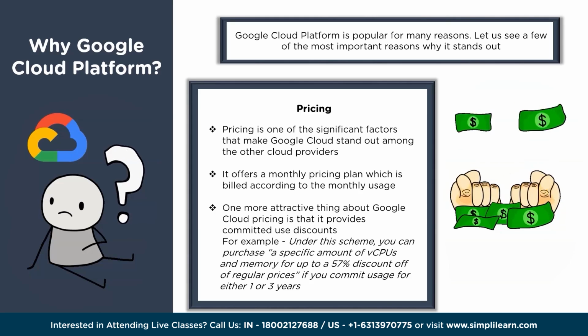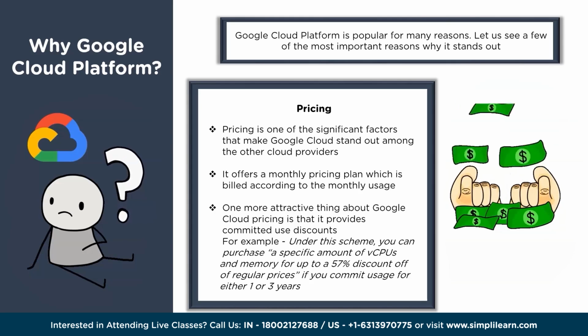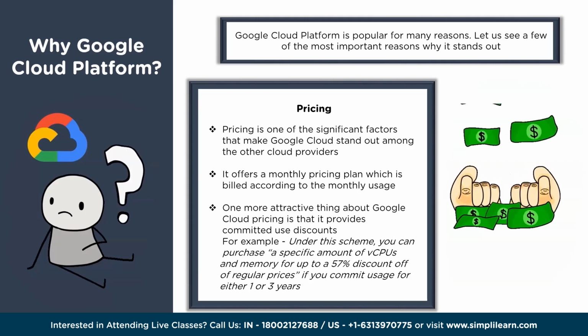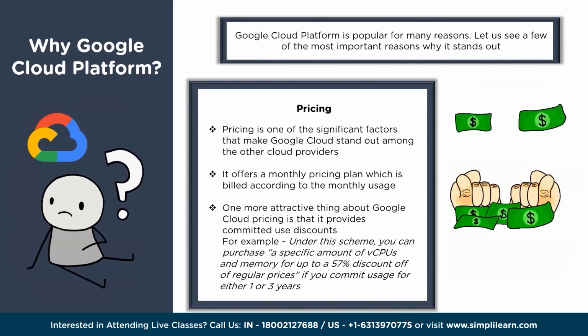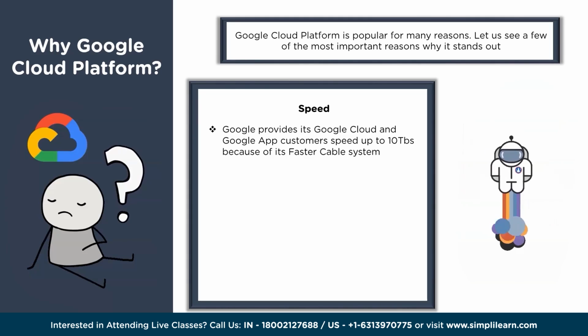Now, this is just one option. There are various such options which you can learn about from Google Cloud's page, and that really suits different customers for their different requirements. Now, when we talk about speed, we don't need to really challenge this aspect when it comes to Google services. Google provides its Google Cloud and Google App customers speed up to 10 terabytes because of its faster cable